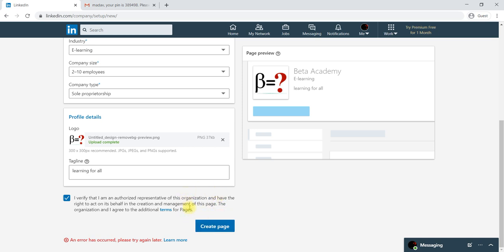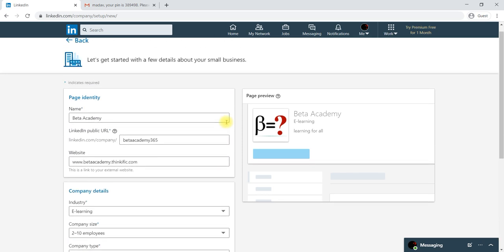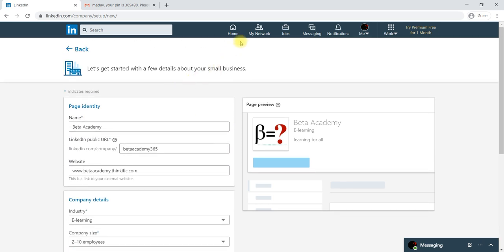So we will get around 30 connections. First we will get some connections. Once we have engaged with the connections, it will take 2 to 3 days. Then once you have that, you can create a page directly from here. We'll show that again, how to create a page, once you have a number of connections.